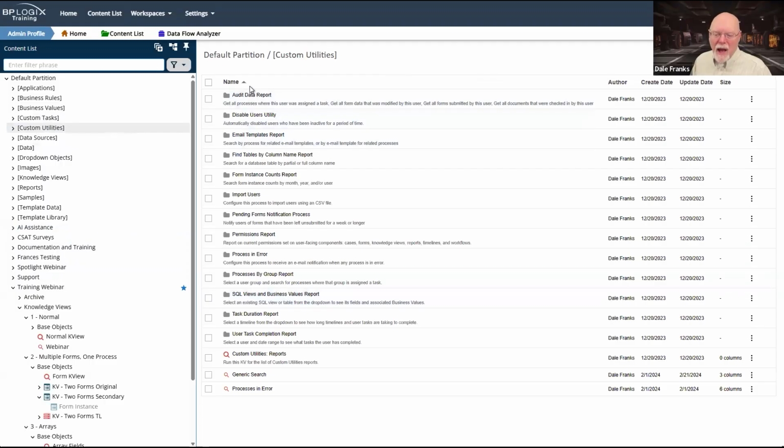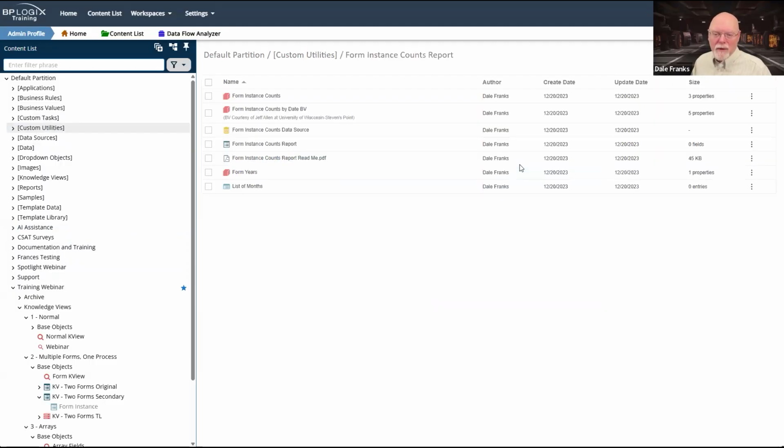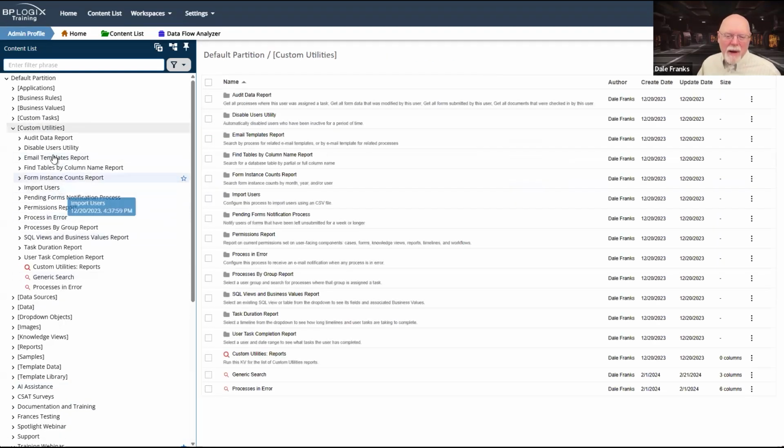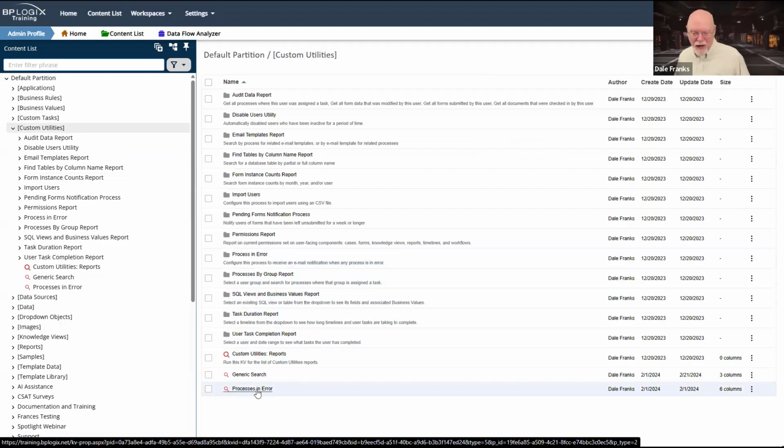It is a bunch of knowledge views. There are several different folders, and they're like the form instances count report that you can pull open, which basically runs off of business values. But there are also several knowledge views in here that are useful, one of which is processes in error.